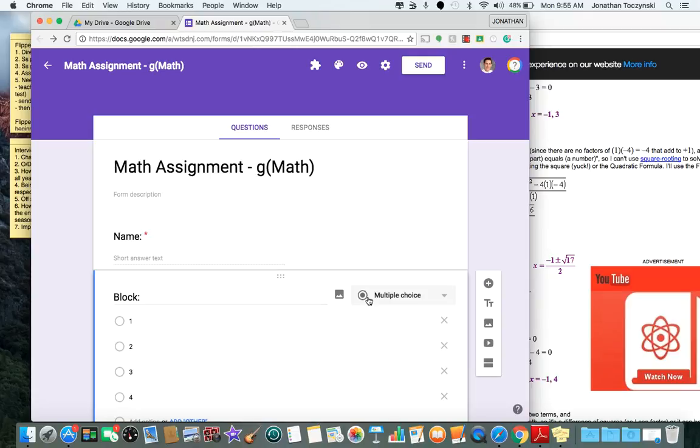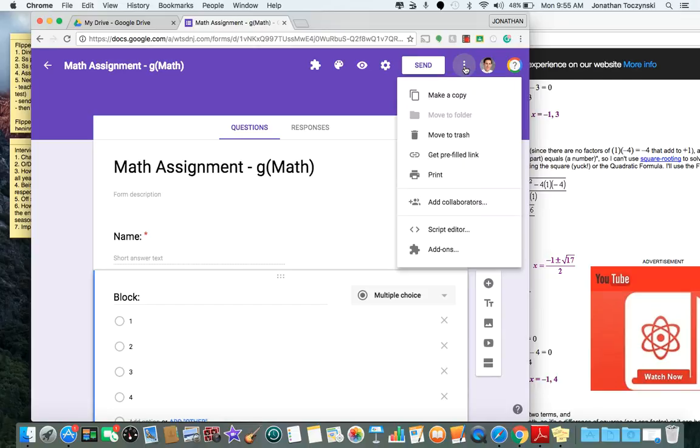Using Gmath for Google Forms to include mathematical expressions and graphs. To include Gmath into a Google form, it's an add-on, and I need to download the add-on to Forms. If I bring up a blank Google form and I click the three dots in the upper right-hand corner, and